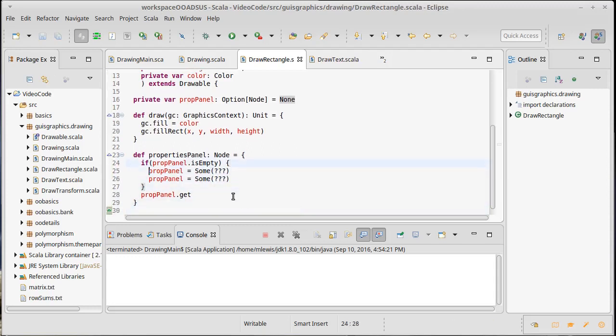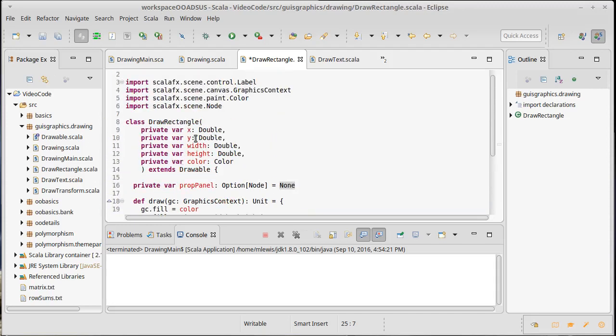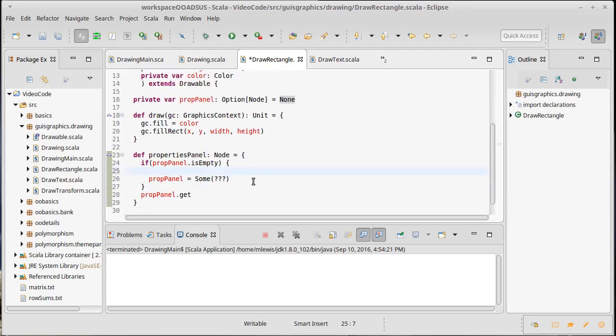So now what? We need to decide how we're going to lay this out. We need to decide what we need to display. Well, the properties we have to set are X, Y, width, height, and color. Okay, so I'm willing to just stack those vertically in our graphical display, and we can do that inside of a GUI using something called a VBox. So previously we've used split panes and we've used a border pane. There is a type called a VBox,